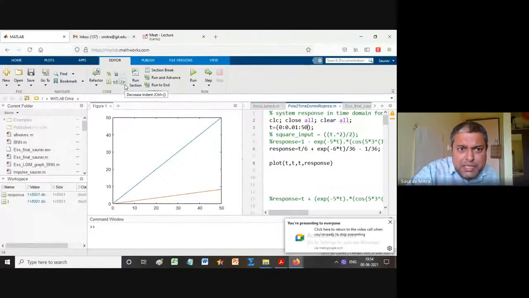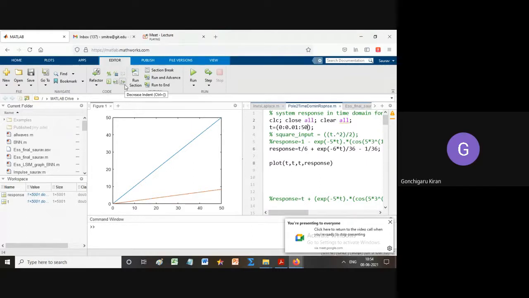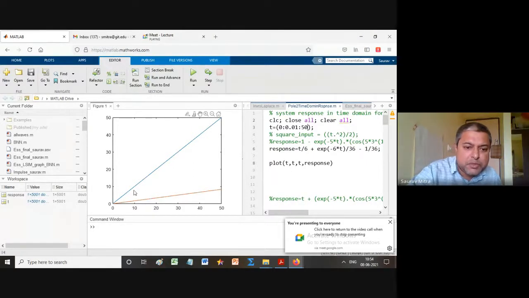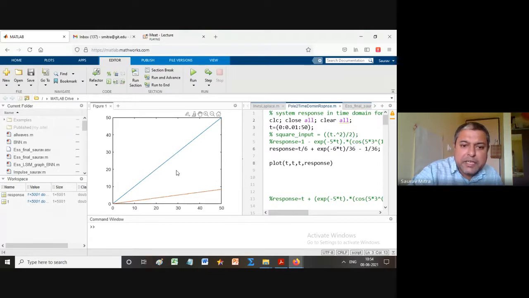Is the graph visible now? Yes, sir. Okay, so here just check how much is the difference between input and output. It is small, around 0.8, 0.7, whatever it is. At 20, how much is the difference between input and output? It has become bigger. At 30, how much is the difference between input and output? It is increasing. Is it understandable, you guys?